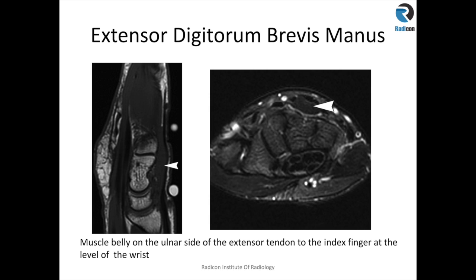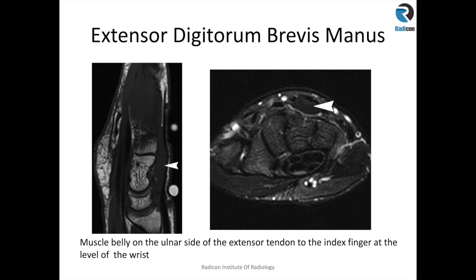Another accessory muscle around the wrist is extensor digitorum brevis manus. So this is one of my patients where an orthopedic surgeon refers to me as mass at the dorsum of the wrist, query ganglion, query cause. So we scan the patient. Yes, there is a mass, but the signal intensity is same as any other skeletal muscle in this image, and